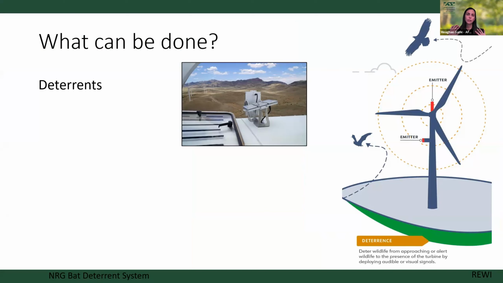It's deterring the birds and bats from even coming near the wind turbine, so if they aren't near the turbine, they can't be hit by it. With bats, the deterrents typically emit a signal that interrupts echolocation, and for birds, it tends to emit a loud sound. And these deterrents seem to be relatively effective.